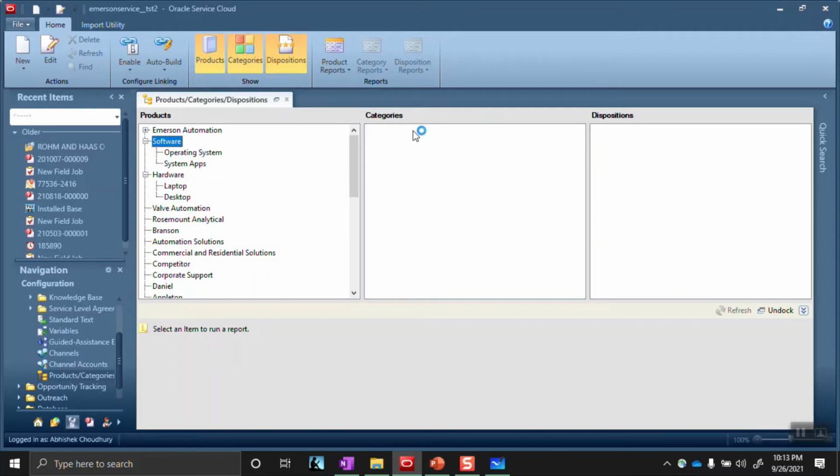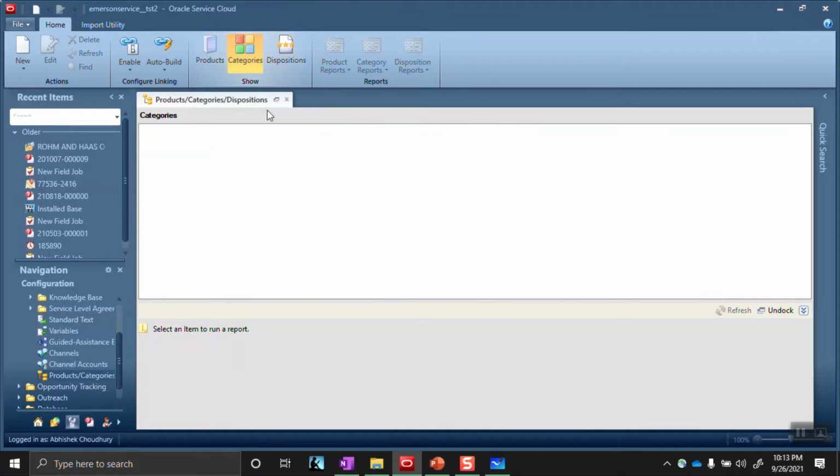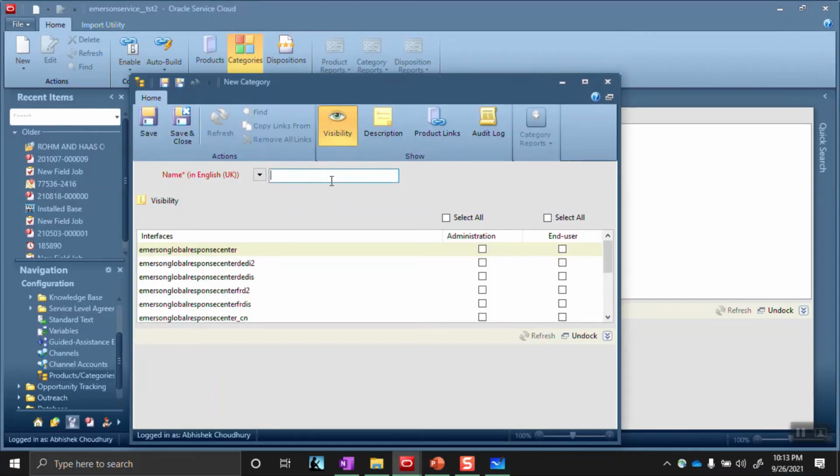Now we can create the categories also. So let's come out of the product and only show the category piece. In the category, I am clicking add sibling, and field service, or I can do it like this, hardware.